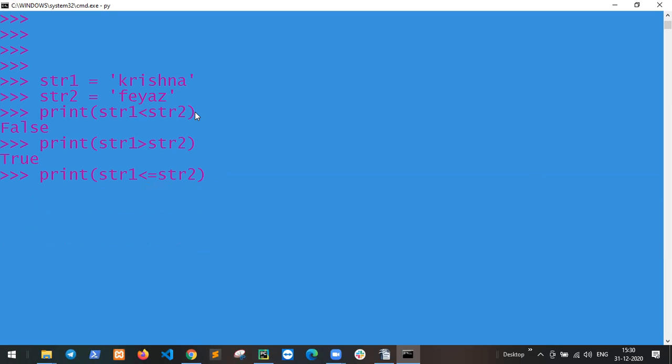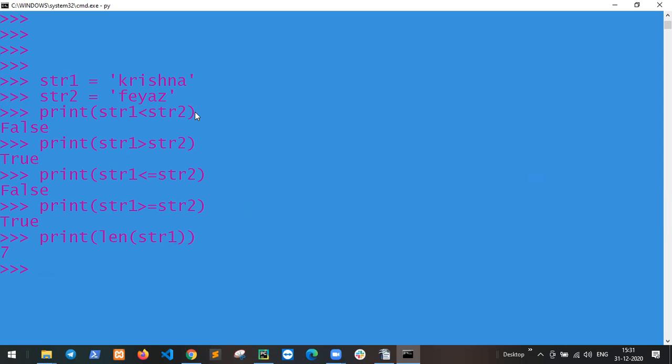Same condition, equal to, result false. Greater than or equal to, result true. If I check len of str1, 7.